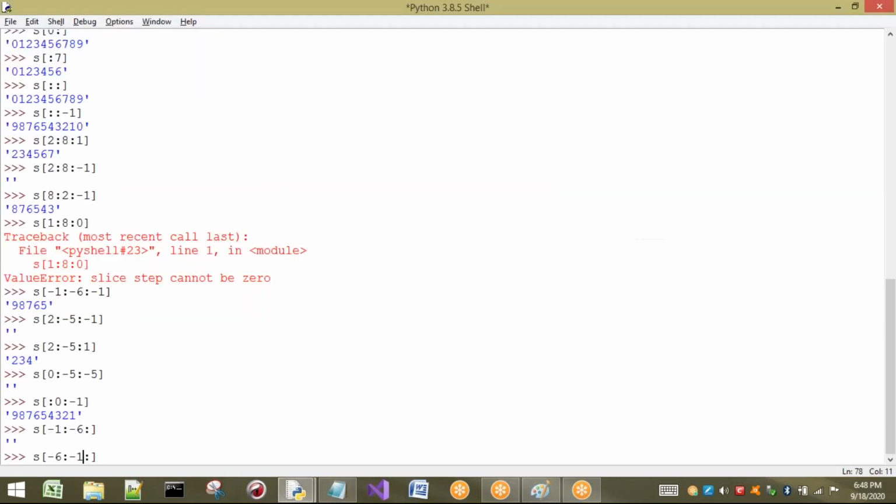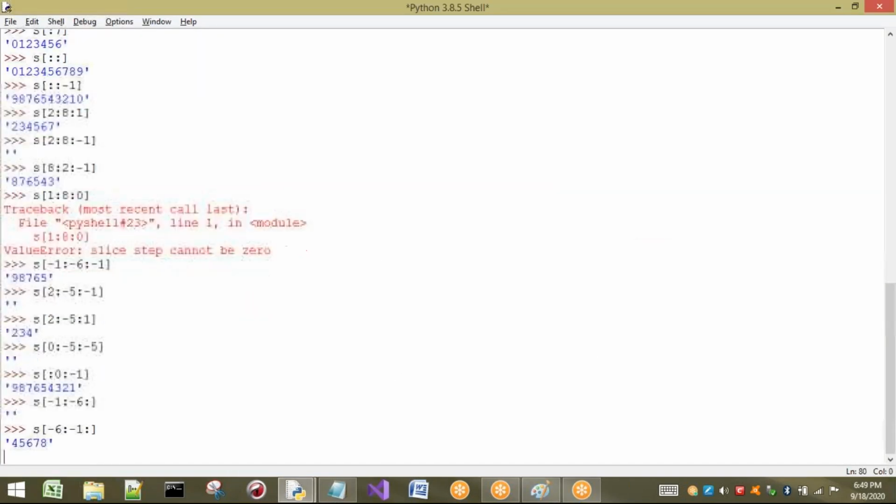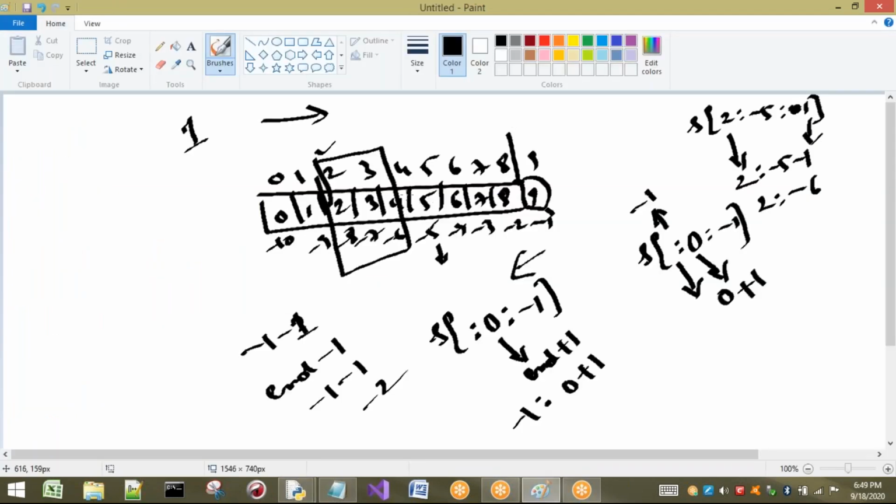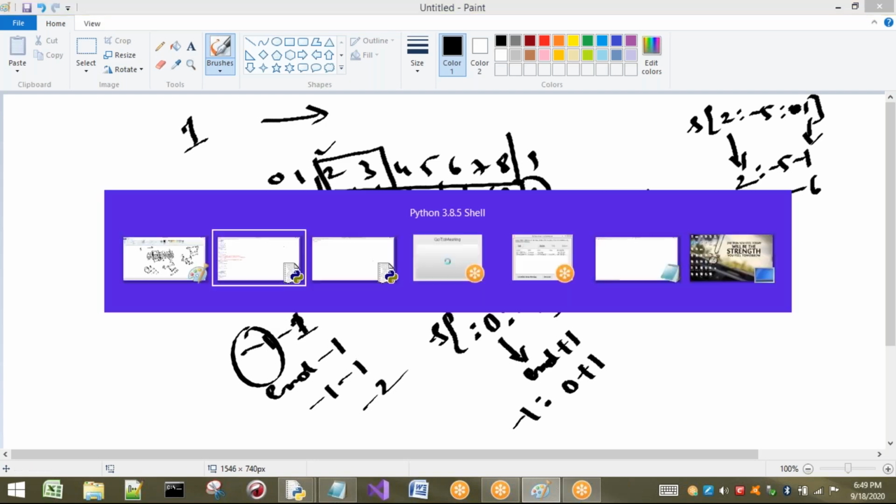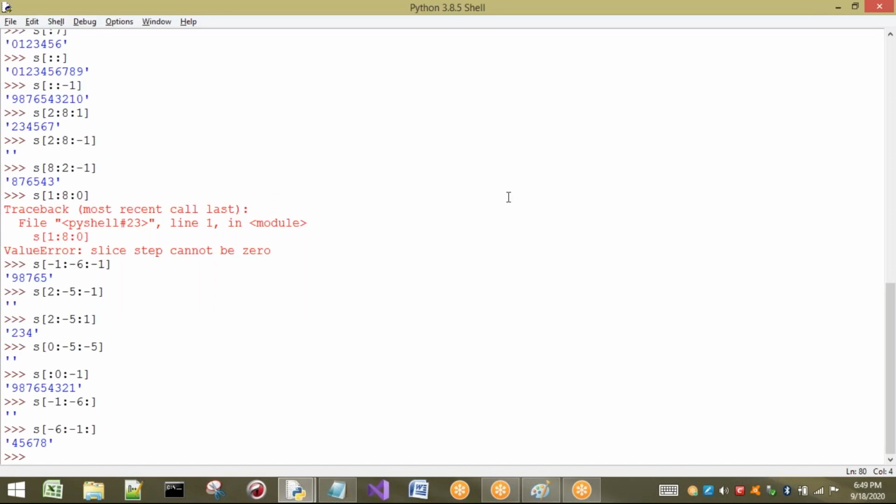That means only up to those values are going to be printed. From minus 6, that is nothing but 4, to minus 2, that is what? 8. So 4 to 8 the values are going to be printed. Why from 4? Because the beginning is minus 6. Up to only minus 2, the reason is I have taken minus 1. So if you are moving in the forward direction, what I have to do? N minus 1. Minus 1 is nothing but minus 2. So it is printed only up to 8. Right, now I'm going to take some more cases.